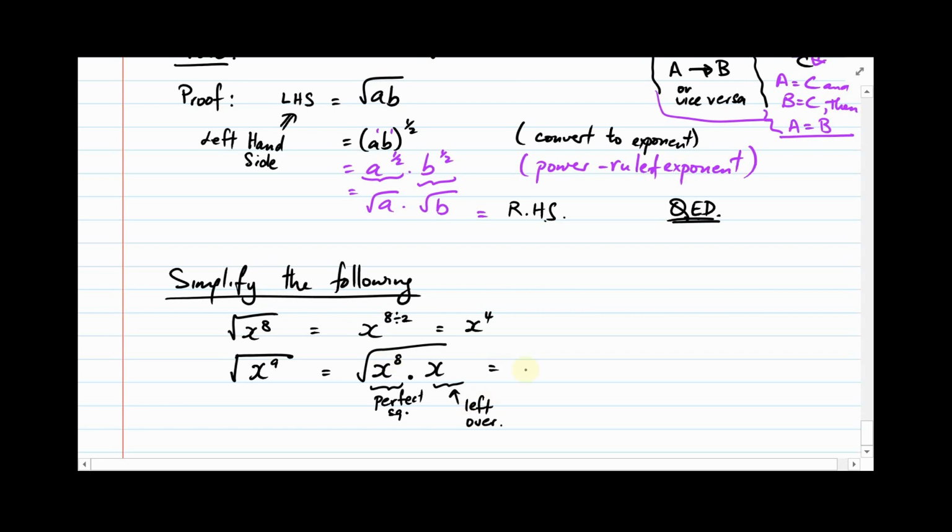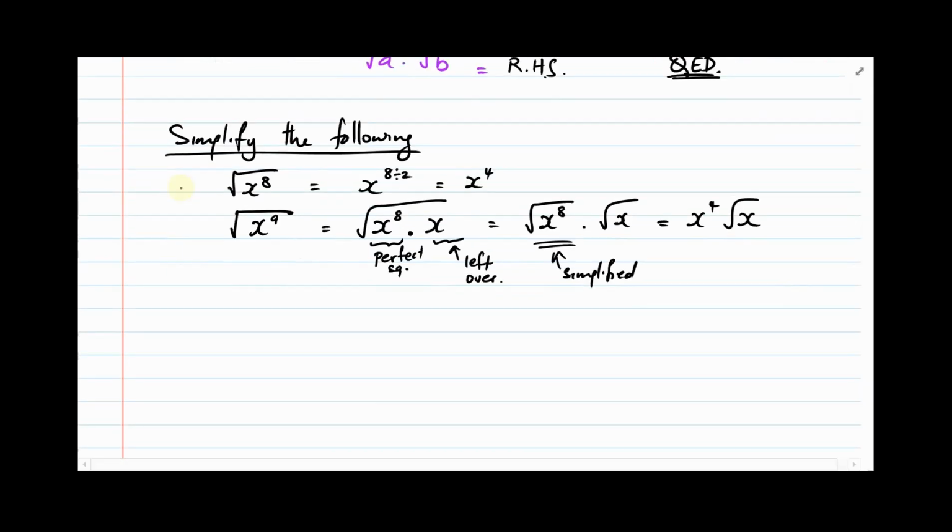Okay. And now using my rule for the square root, the product rule, this first part can be simplified, and the rest is left. So this is x to the 4th times root x. Let me do this with some numbers just to make it a little bit clearer, or hopefully a little bit clearer. All right, if we had, say, the number square root of 27,